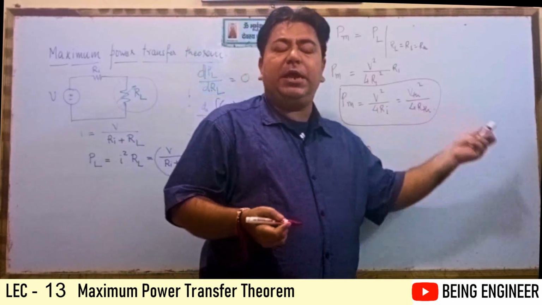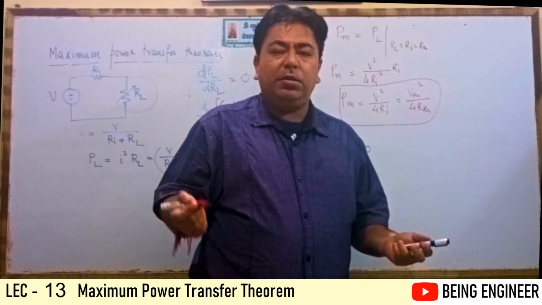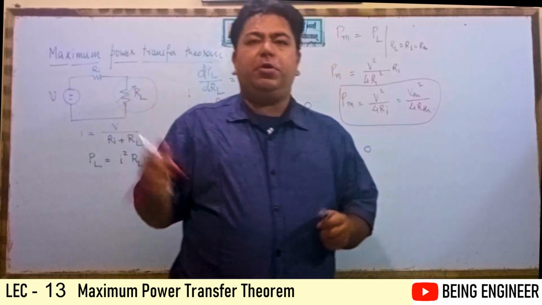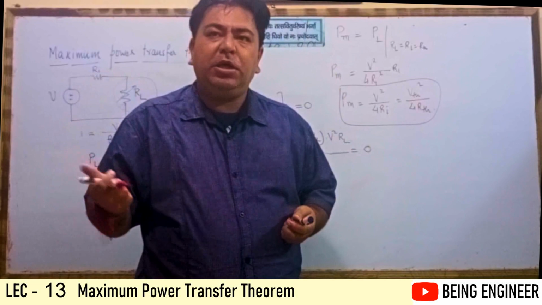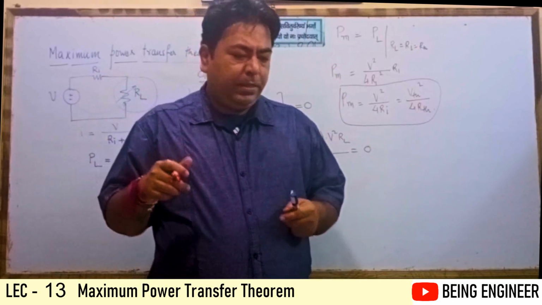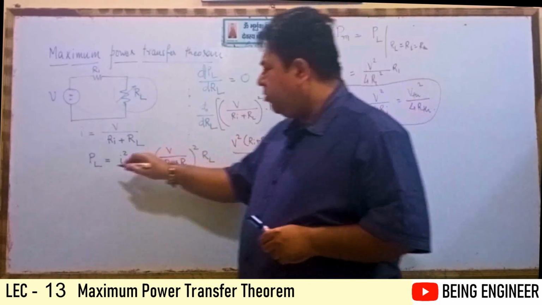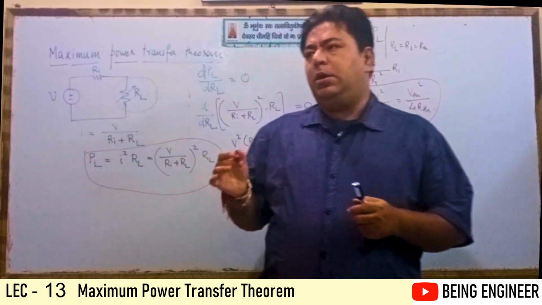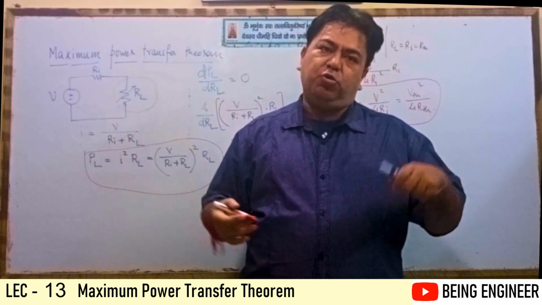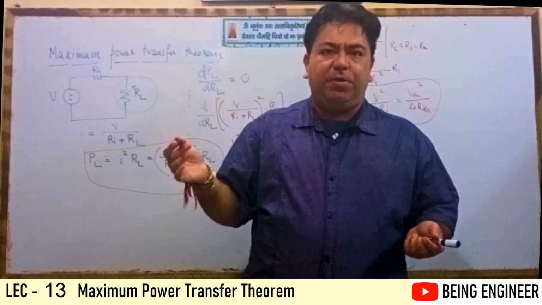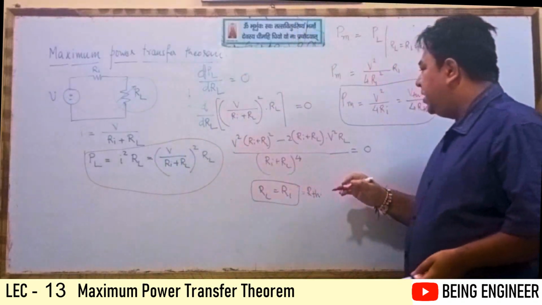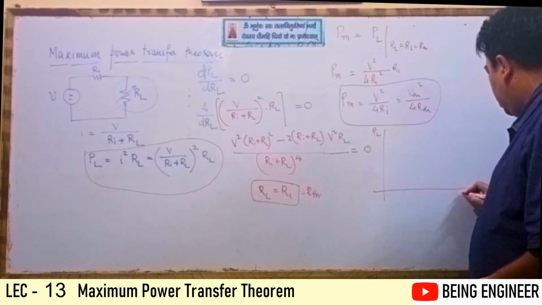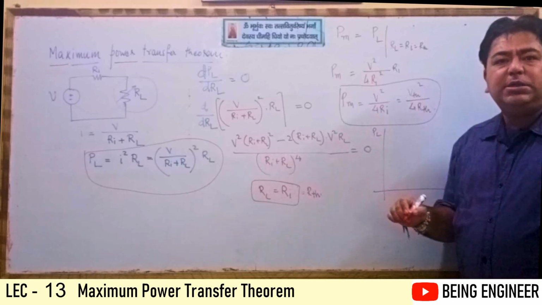So the maximum power is directly proportional to the Thevenin voltage square, and inversely proportional to the Thevenin equivalent resistance, as far as this particular network is concerned, because the condition can change if I replace this network by an AC network. Now if I am talking about this particular power equation and I want to draw a curve between the power transferred from source to load and the load resistance, what kind of curve will it be? This is also very important and many times asked in the examination. If I take load power on the y-axis and load resistance on the x-axis, how does this curve vary?